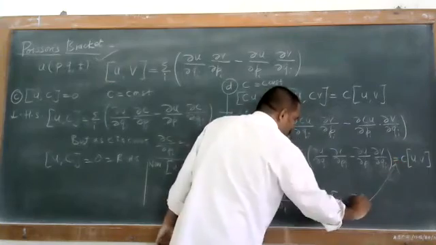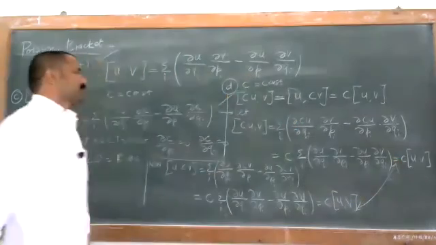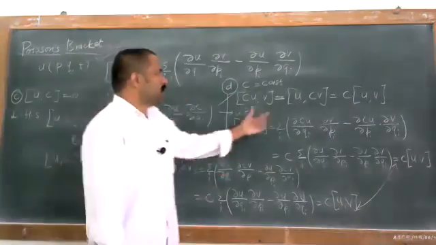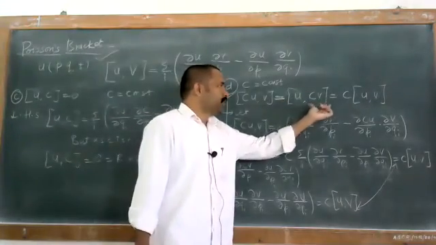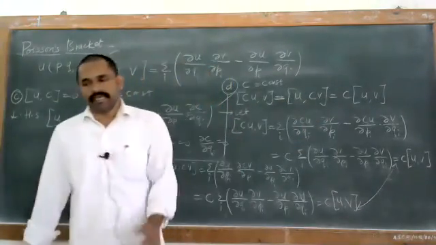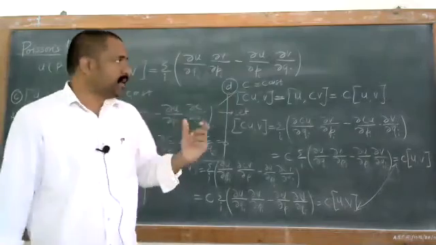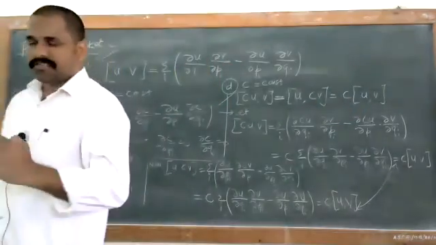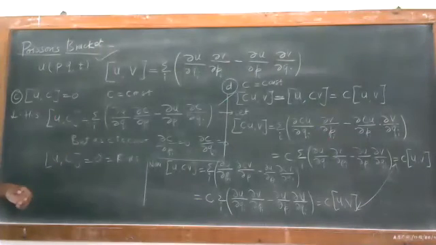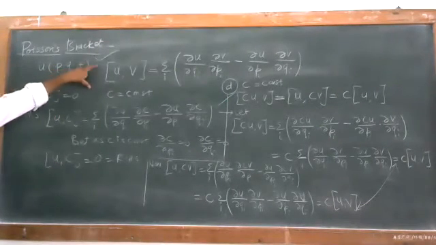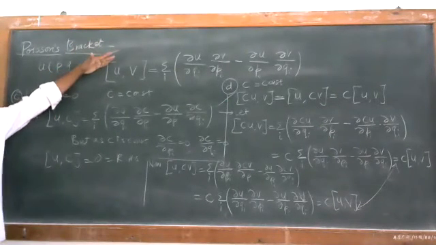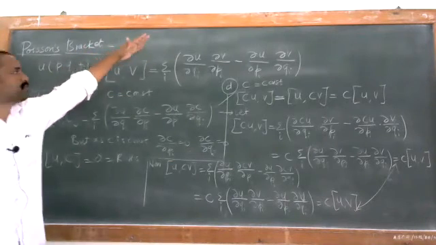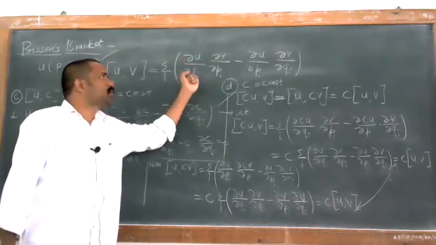So these things are the same, and you can say the Poisson bracket of CU, V is equal to the Poisson bracket of U, CV is equal to C into the Poisson bracket of U, V. So we have those points. What you have to remember is to look at the definition of your Poisson bracket. The Poisson bracket of U, V is nothing but the summation over i of ∂U/∂Qi.